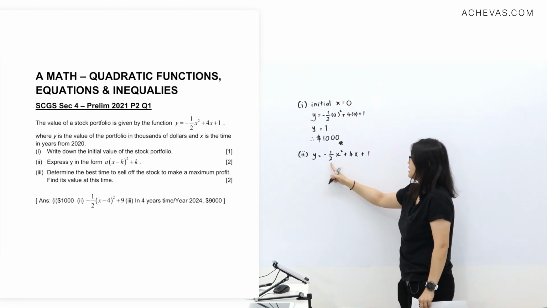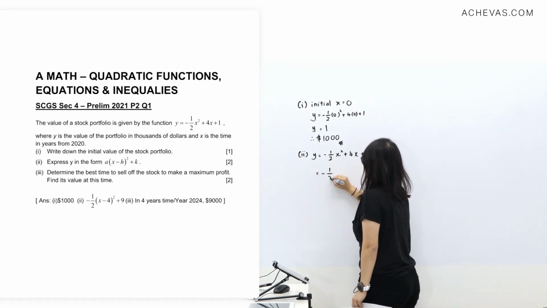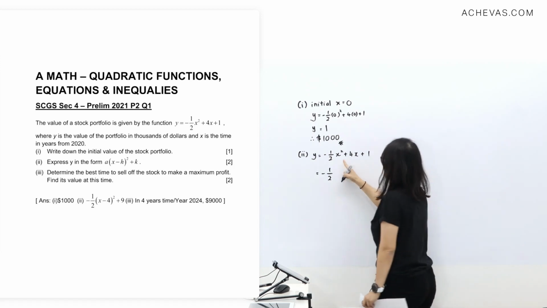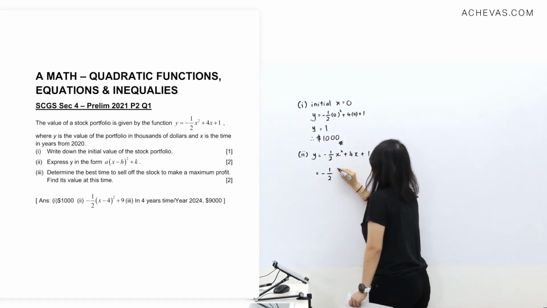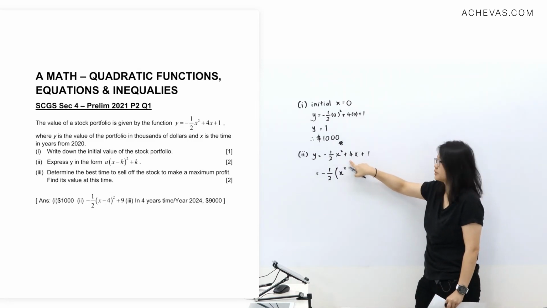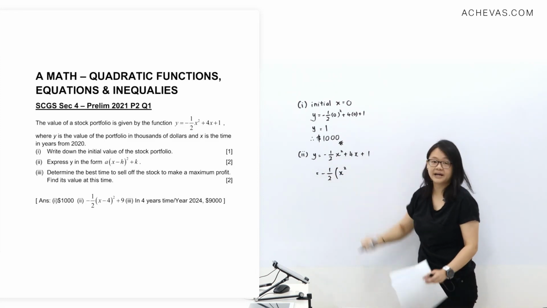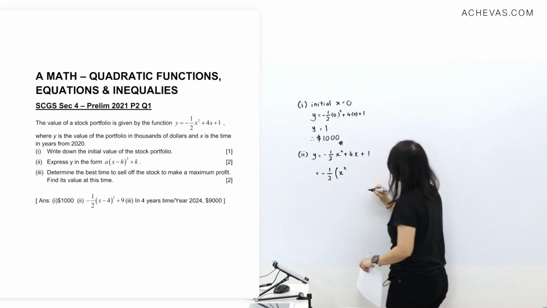I'm going to take out minus half, so I don't want to touch the 1. So I'm going to factorize negative half from the terms that contain x only, that we're doing completing the square. This part is not difficult. You have a calculator, you can take 4 divided by negative half, so that it will lead you to